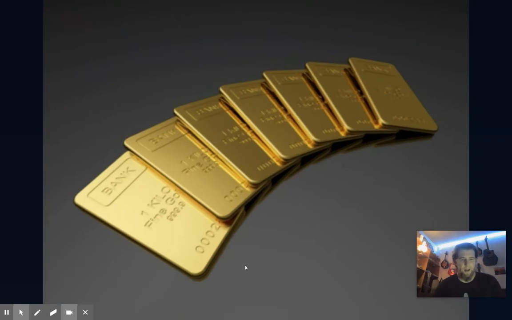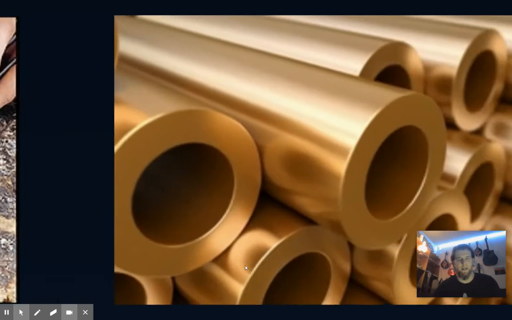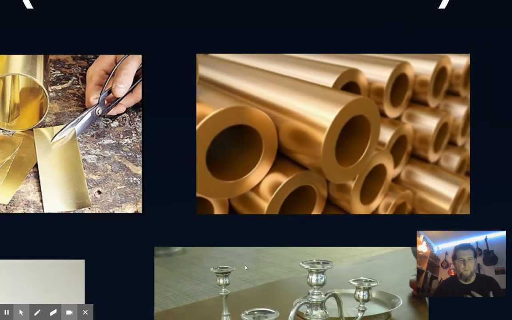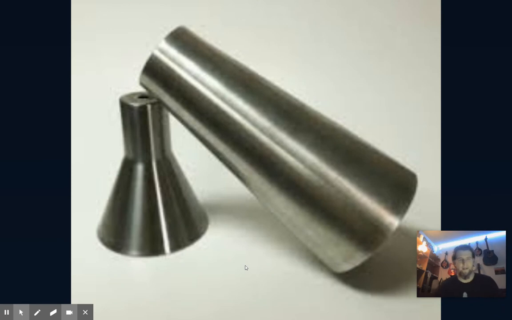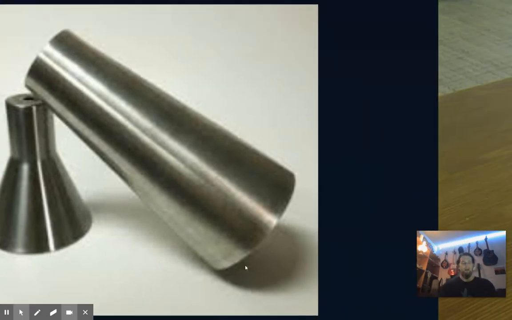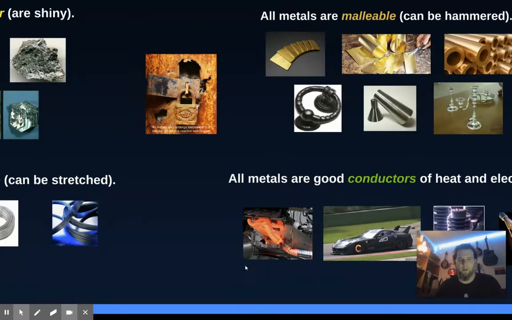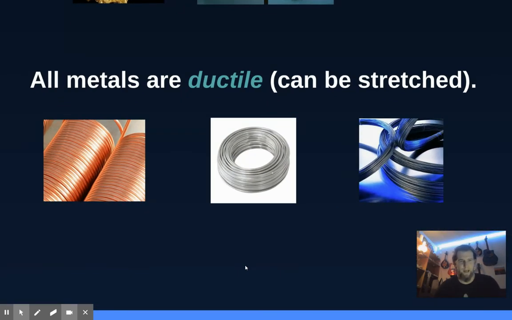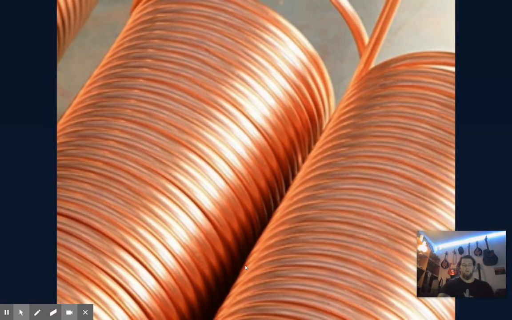So there you go. You've got a kilogram of fine gold right there that can be flattened out into those discs. That's pretty neat. We can have sheet metal, like some of us are very familiar with, tubing, pipes, wrought iron. Maybe it's a silver alloy, or here we go, nice little candle holders, which is probably sterling silver. And silver being one of our elements, it is a very bendable and malleable element there.